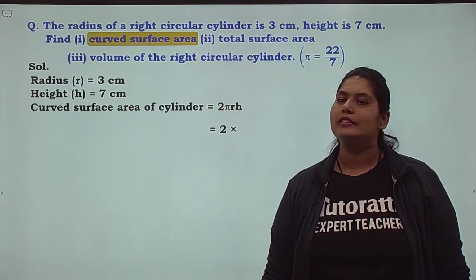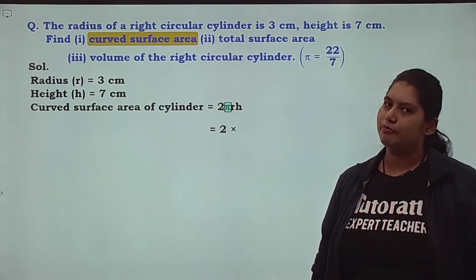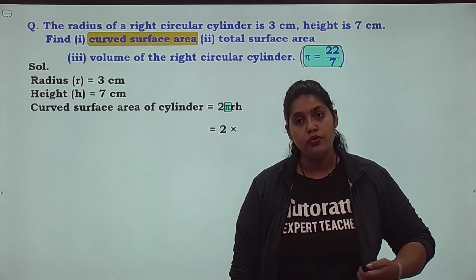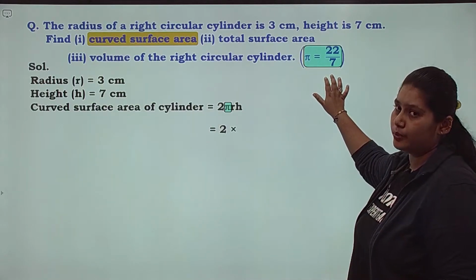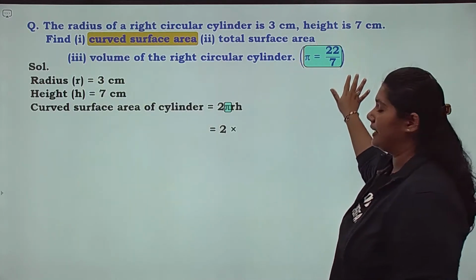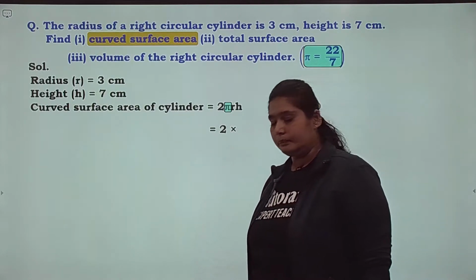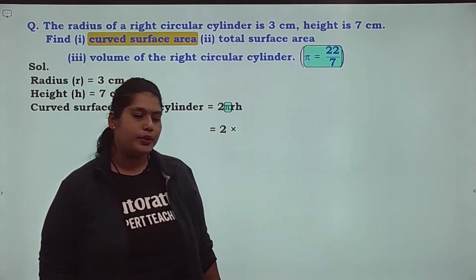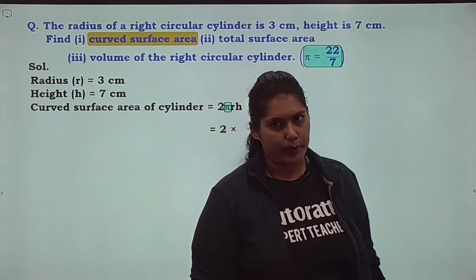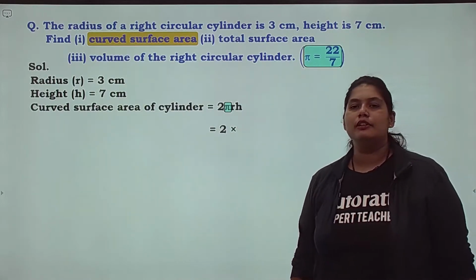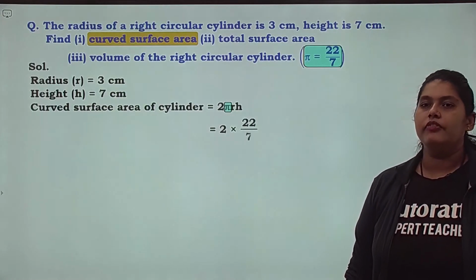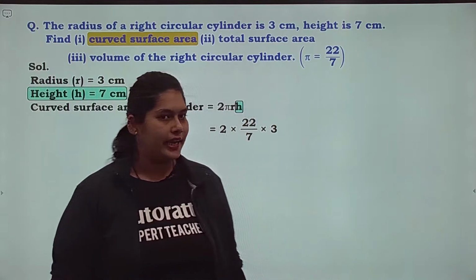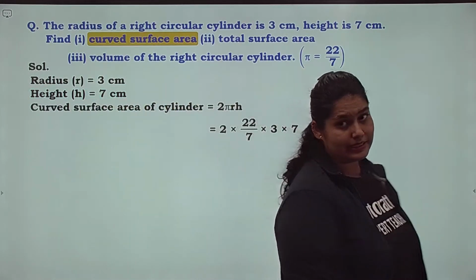And just we will replace the values. 2 into the value of pi, which is universal, that is 22 by 7. Make sure, children, to find out which value is to be used. Here already the value of pi is given as 22 upon 7, isn't it? At times they also specify that pi's value needs to be used as 3.14. Clear? So the value of pi is 22 by 7. We will be writing the value of my r, which is 3, correct, and the value of my height, which is 7. I hope it's visible, children.